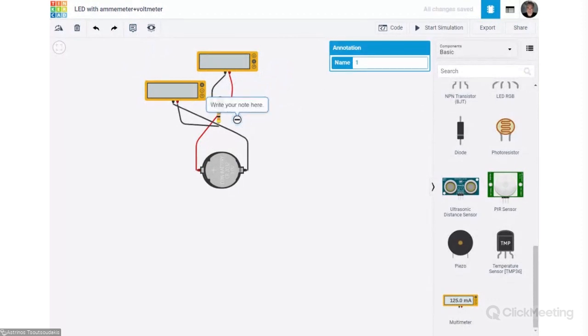For example, I can write that LEDs are considered to... and resistors. I can do the same for the resistors, and